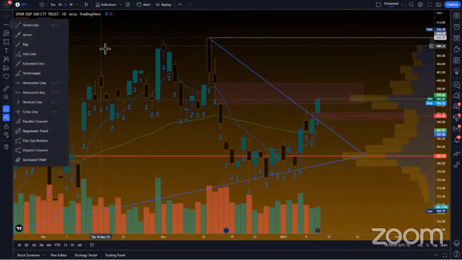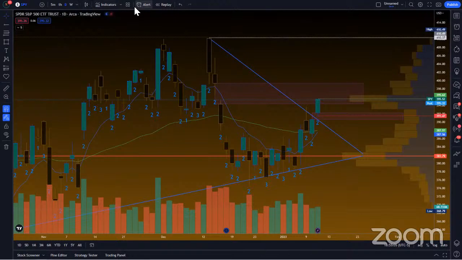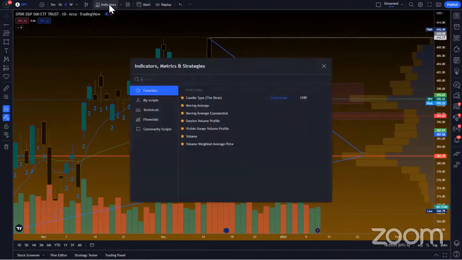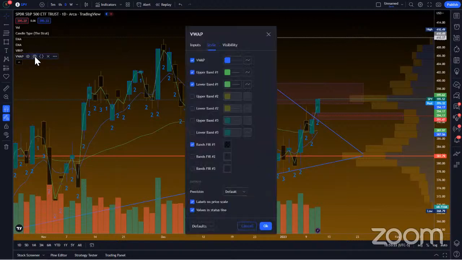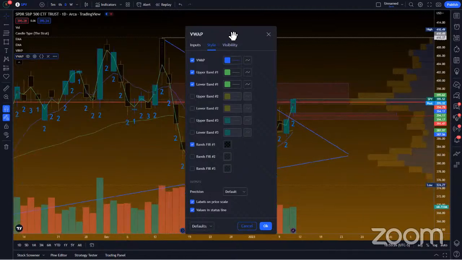An important thing that I like to use that may be cool. All right, we gotta go to VWAP real quick. VWAP, volume weighted average price. So all right, we got VWAP on here, go ahead and edit it. I'm glad I'm showing you this right here, because look, when you put VWAP on your chart,